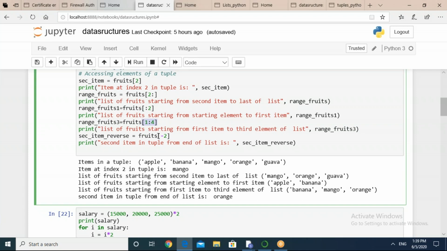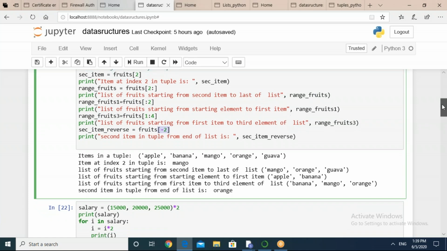उसके बाद हमने इसमें नेगेटिव इंडेक्स रिट्रीव करके देखा है fruits -2. इसका मतलब है पीछे से आपका जो भी सेकंड आइटम है, रिवर्स डायरेक्शन में 0 से स्टार्ट नहीं होता, रिवर्स में -1 से स्टार्ट होगा आपका. तो पीछे से सेकंड आइटम हो गया आपका ऑरेंज. आंसर विल बी ऑरेंज हियर. सो इन दिस मैनर यू कैन परफॉर्म ऑपरेशंस फॉर एक्सेसिंग द आइटम्स इन योर टपल.